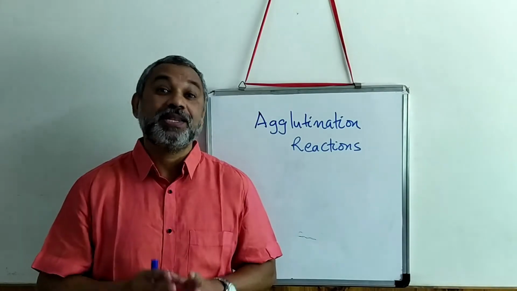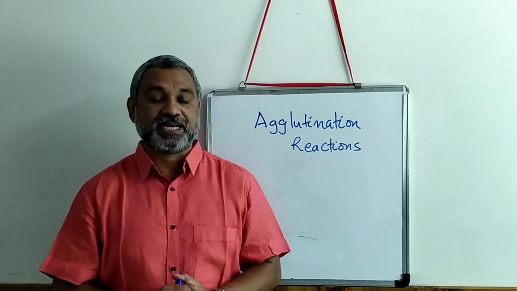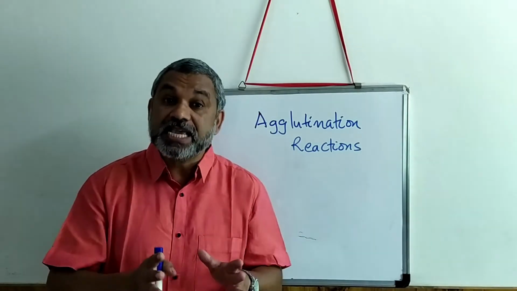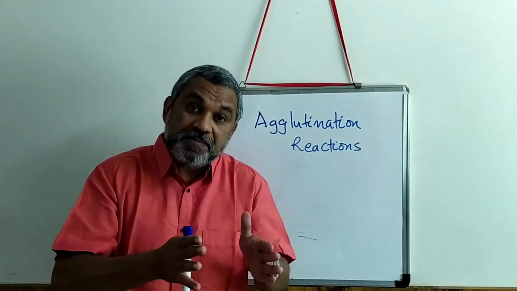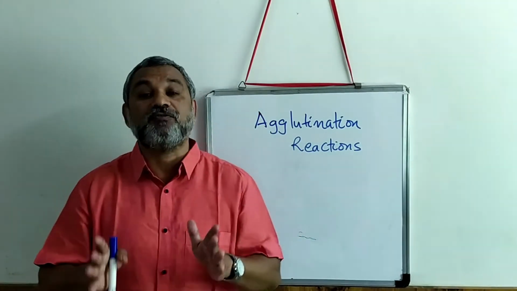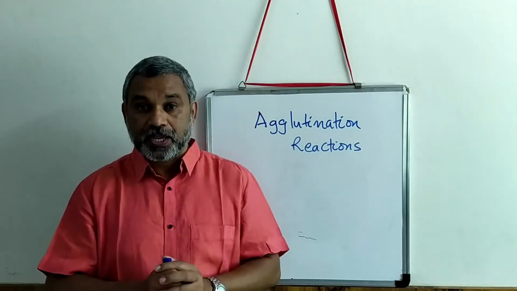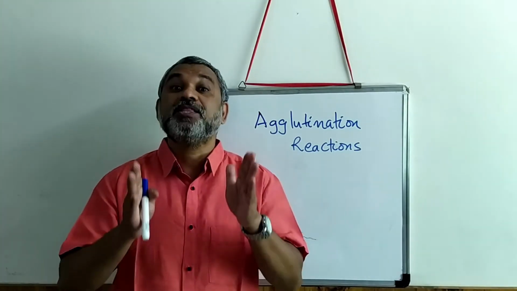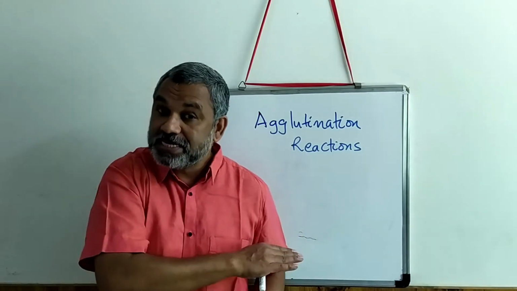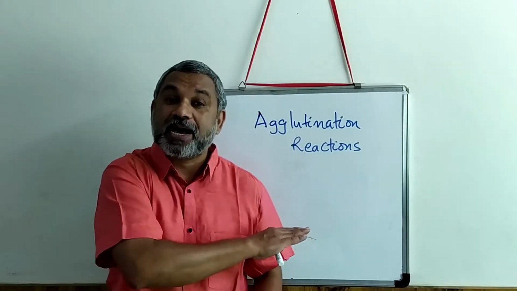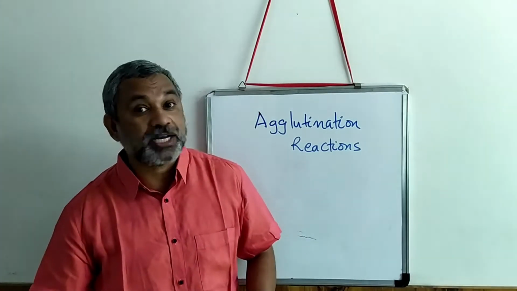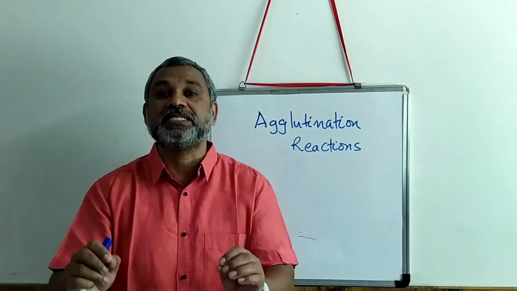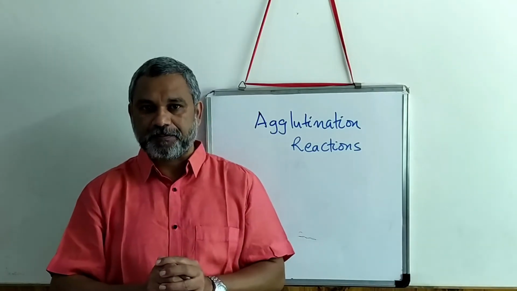In this video, let us look at agglutination reactions. In the earlier video on precipitation reaction, we have seen the principle, and the same principle is applicable in the case of agglutination reaction also. Then you will see a visible clump being formed at the zone of equivalence, which means if the antibody or the antigen is in higher concentration, it cannot give a visible precipitate. Only at the zone of equivalence it will give a visible precipitate.